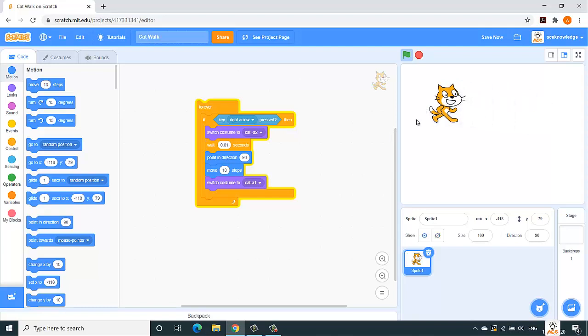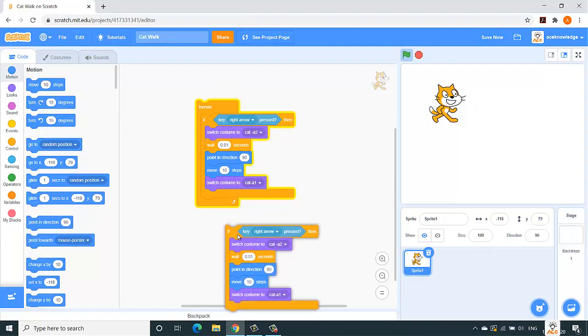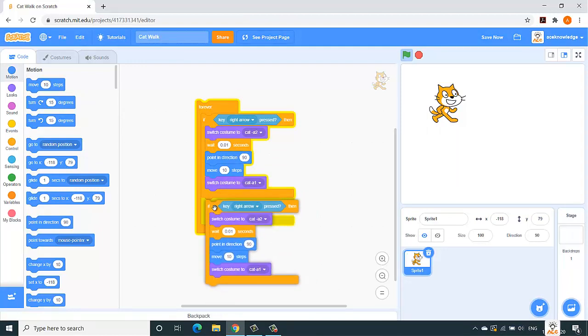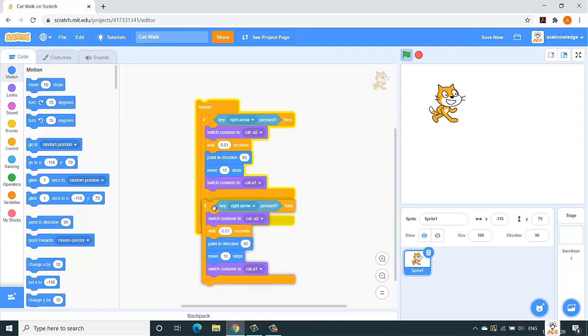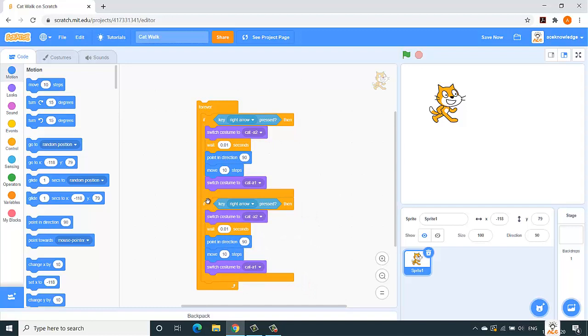That's very good. Now what we'll do is, we have to do it for the left, the top and the bottom. So we'll simply copy this or make a duplicate. Instead of placing all those code blocks again, make a duplicate of it and place it in your forever loop. So this is your if condition and your forever loop is over here. You can see the difference by this design. Okay, you can see this curve. So this is the if part and this is the next if part, and here my if ends and at the very last my forever loop ends.